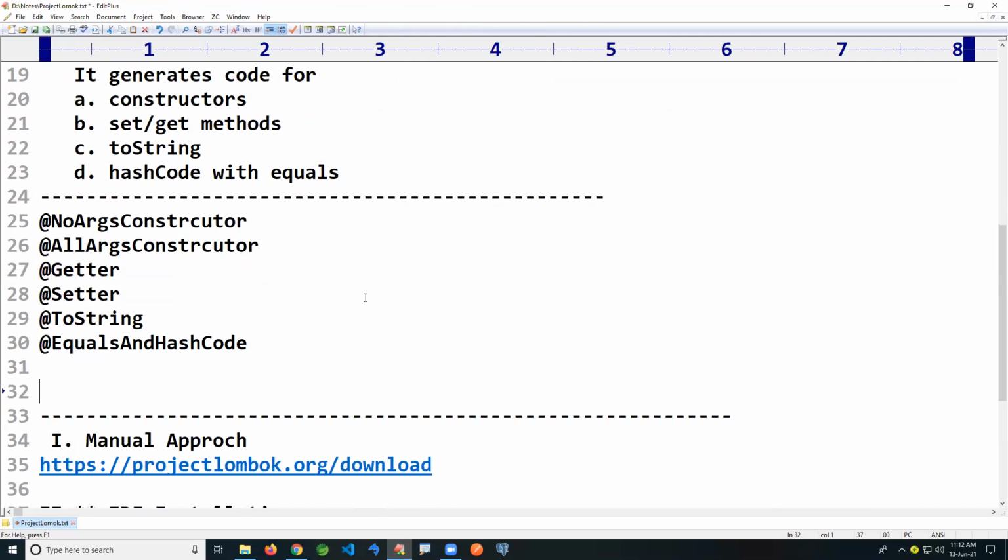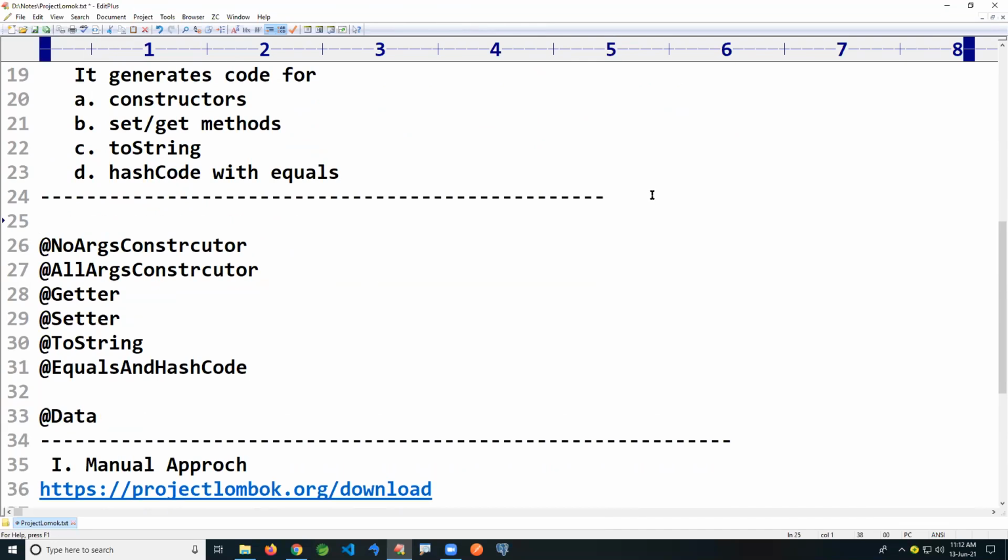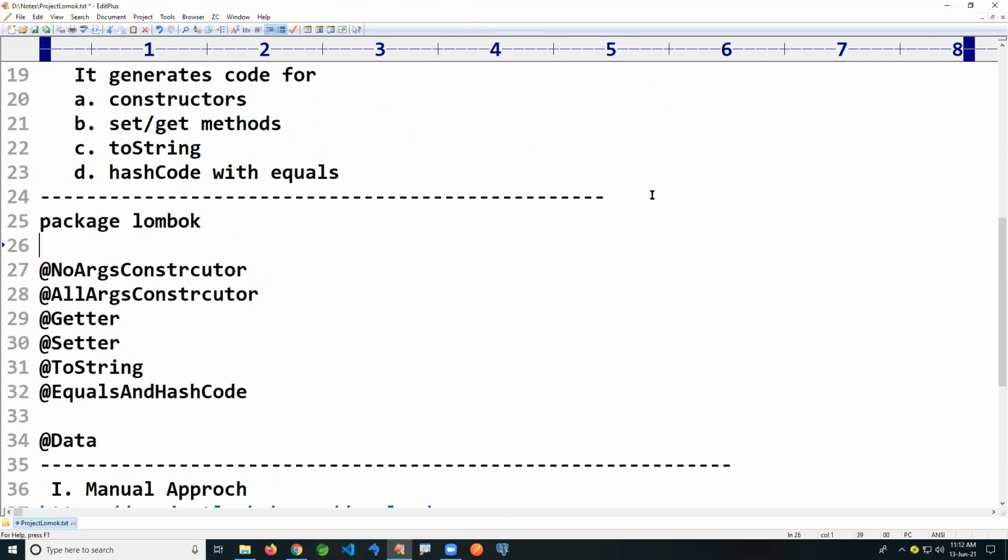And one more combination annotation is there, that's @Data. All these annotations are available in a package named lombok, so you can write lombok.*. Let me show one by one with examples.